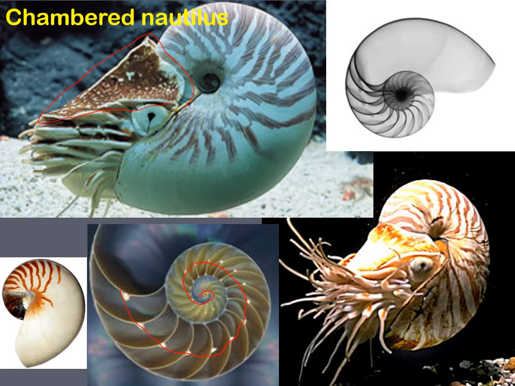So today, these are the only living cephalopods that have an external shell. We have a couple of different types of nautilus today, the chambered nautilus and the paper nautilus. So two genera, I think 3 or 4 species, but back in the early Paleozoic, that's pretty much what we had for cephalopods, were these shelled, chambered type nautiloids. And today we only have a few different species left. Most of our cephalopods today are represented by squid or octopus, which is a totally separate group of cephalopods called coleoids.